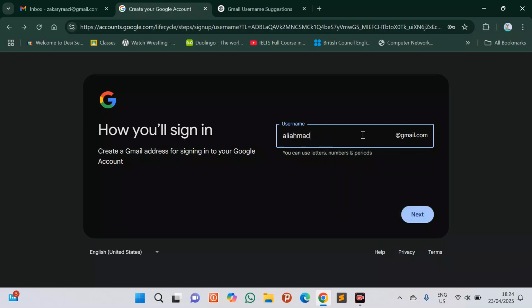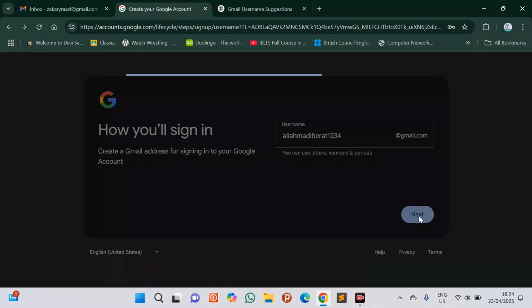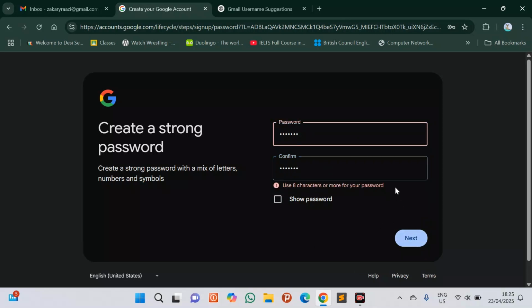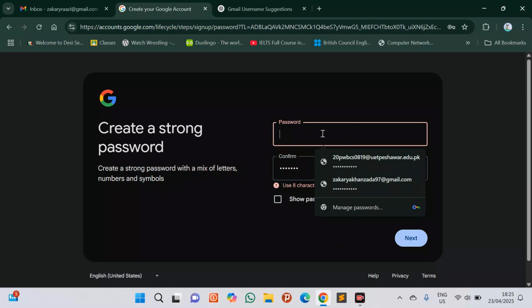Ali Ahmadi Herat 1234. So now it's selected. Let's type the password. The password must be more than 8 characters. So I type